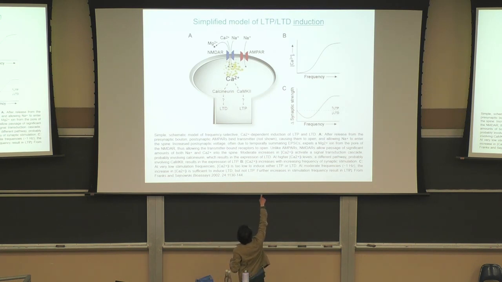And on panel B, we see how the amount of calcium is related to the frequency of stimulation of the input axons. So if you stimulate the input a lot, you get more and more calcium influx into this dendrite. That makes sense. And then the synaptic strength is weakened with very little calcium influx and strengthened with more calcium influx. So this is the diagram that ties everything together.